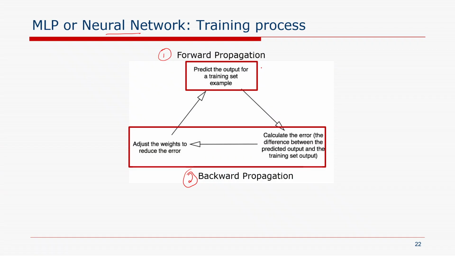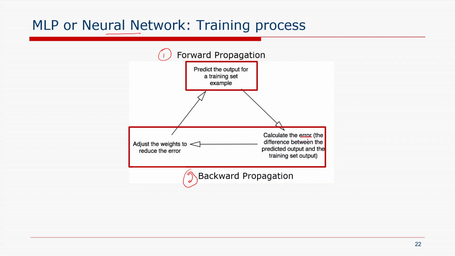In the forward propagation, we are going to predict the output for training set samples. And in the backward propagation, we are going to calculate the error, that is the difference between the predicted output and the training set output. And then we are going to adjust the weights to reduce the error. That is, the second phase is about calculating the error, and then